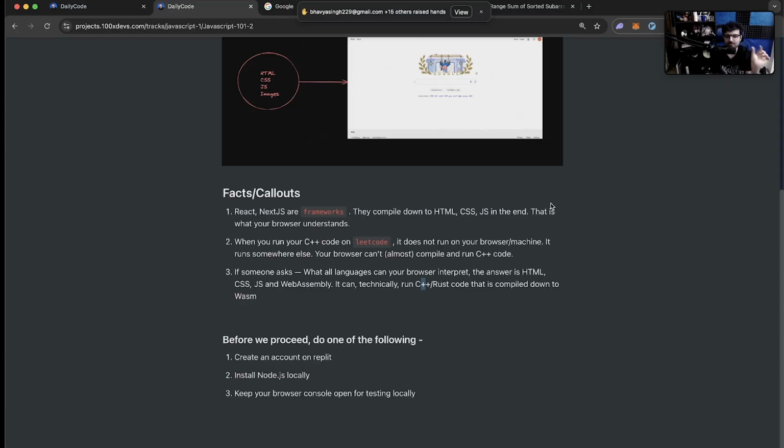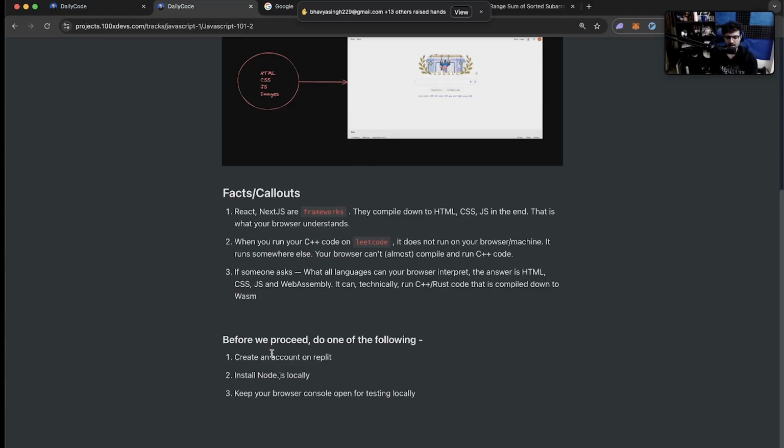That specific C++ code you can actually run in the browser, but in 99% of the use cases, most websites are running HTML, CSS and JavaScript. Also, the way to run C++ is a little weird. It's not as easy as just writing C++ code and hoping that your browser is able to interpret it.